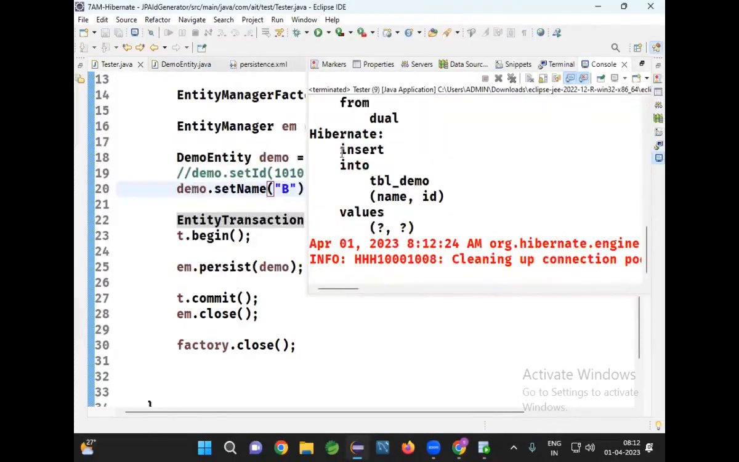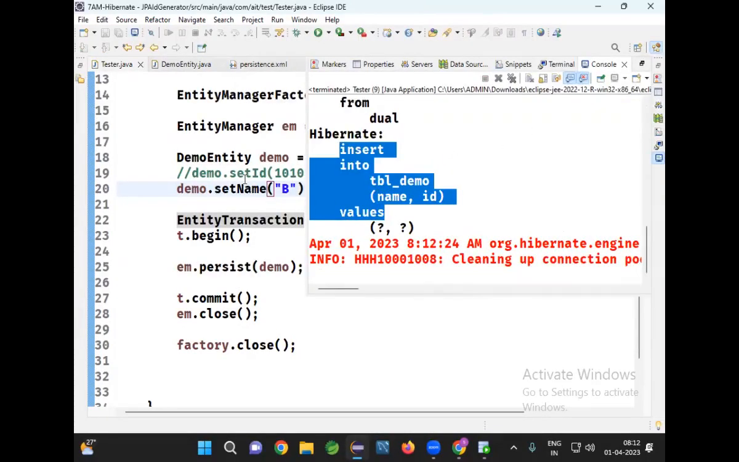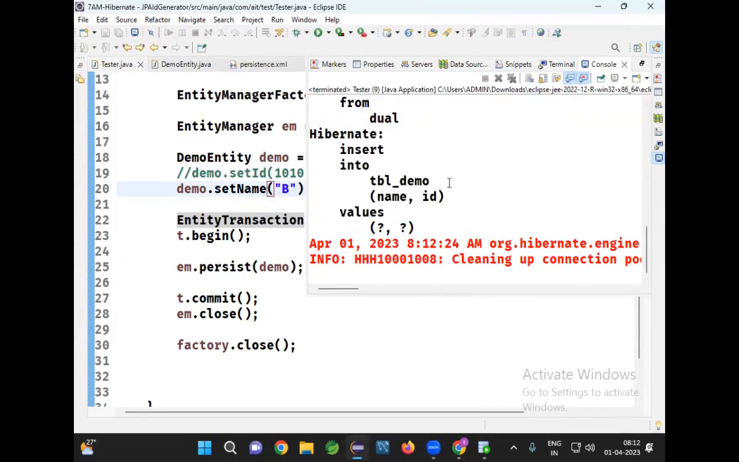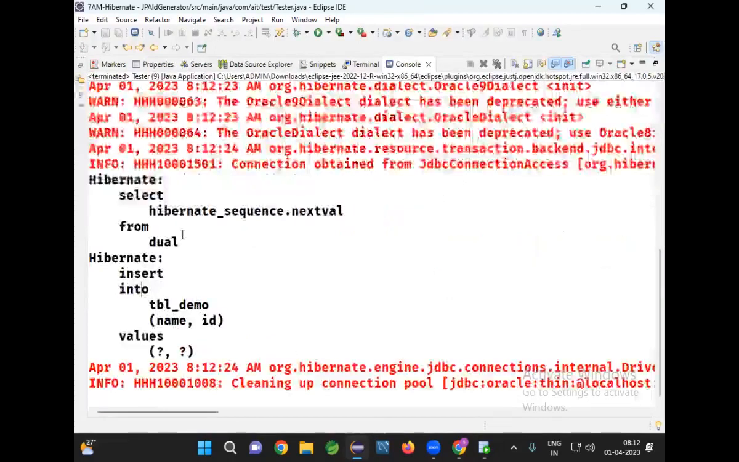Now this time it is inserting. If I am setting the ID value, what am I getting? An exception. Why? Because we should not set the ID. Who will automatically generate it? Hibernate will generate it. We should not set the ID. What is Hibernate doing? Selecting the